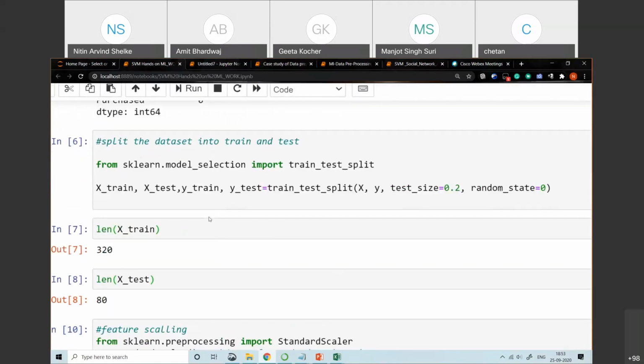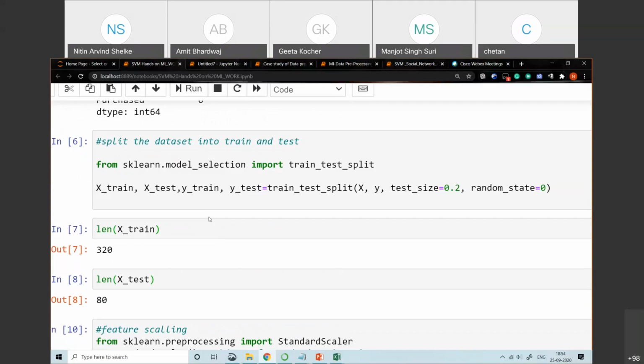After that, we'll go for splitting the data set into the training and testing data set by using the train_test_split class, which is present in the sklearn.model_selection library. We pass 4 parameters: capital X, small y, test size, and random state.